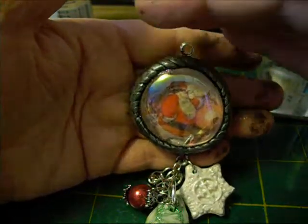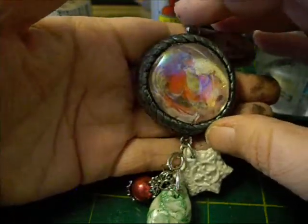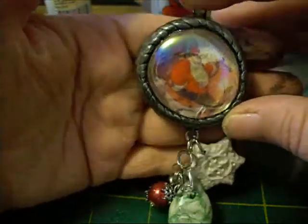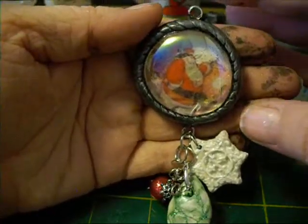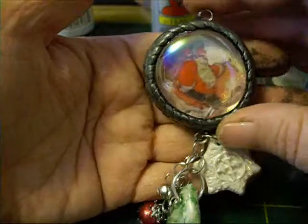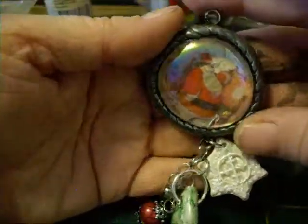I'll try to share with you all some of my other jewelry pieces in the next couple of videos, maybe. So, there you go, Neri. I hope you enjoyed it. My camera only films like 6 minutes at a time, so I did the best I could with what I got. So, I tried to use the least amount of tools I could, like I said, so even somebody who's just starting out